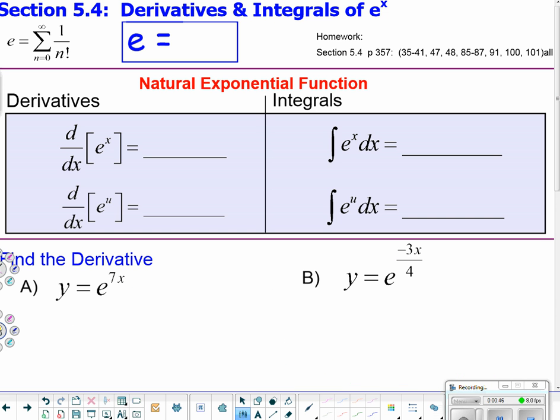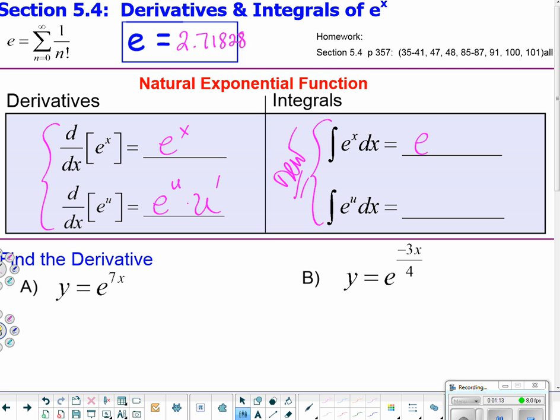All right. So this is what your note sheet looks like. e is approximately 2.71828. Keep that in your head. We have done these derivatives before. The derivative of e to the x is e to the x. The derivative of e to the u, where u is some function, would be e to the u times u prime. What we haven't done that we're picking up that is new for this lesson is the integral of e